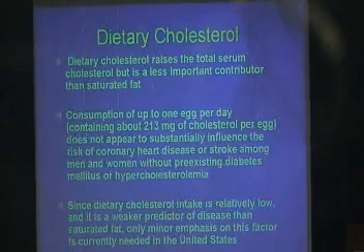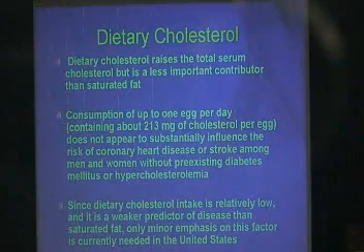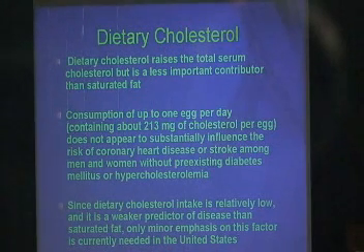Cholesterol is another issue. I think I grew up hearing everybody say don't eat eggs and don't eat cholesterol and everything has cholesterol. It's also another myth. Dietary cholesterol does raise the total serum cholesterol, that is true, but it's a less important contributor to the overall picture of cholesterol than dietary fat, than the saturated fat. And consumption of up to 1 egg per day, which contains 213 milligrams of cholesterol, does not appear to substantially influence the risk of heart disease or stroke, neither among